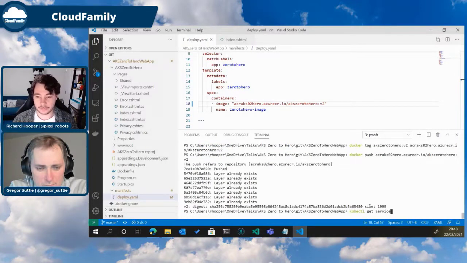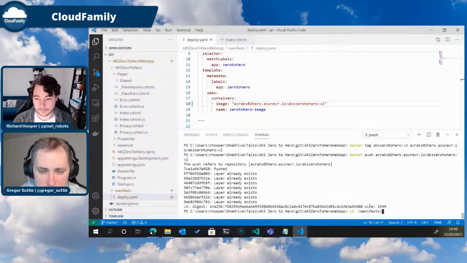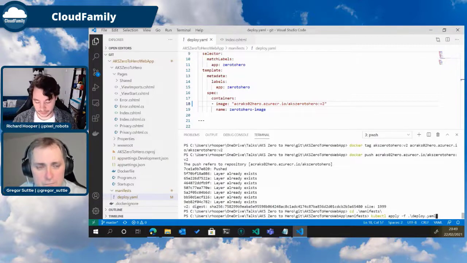And then we're going to have to cd into manifest again. And then apply. kubectl apply -f and then deploy. So I could have potentially stayed out of the manifest folder and just put manifest in here, but I'd like to do it this way because then I know I'm in the right folder and I'm not going to mess